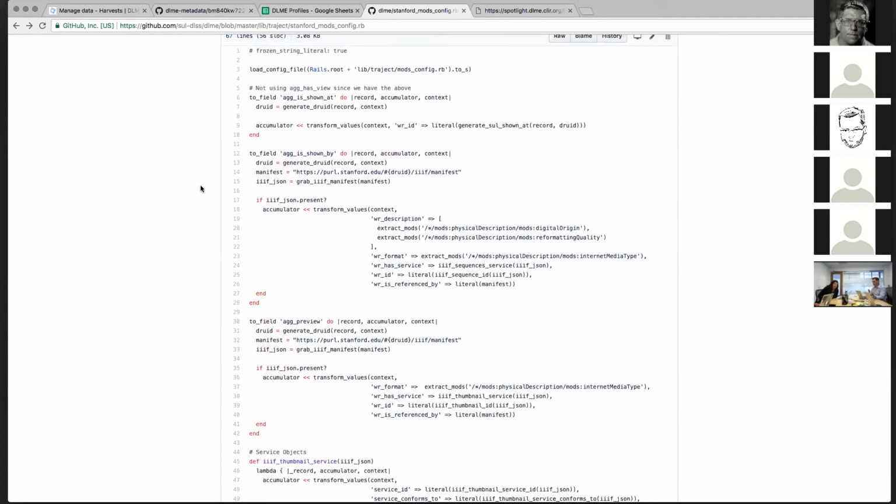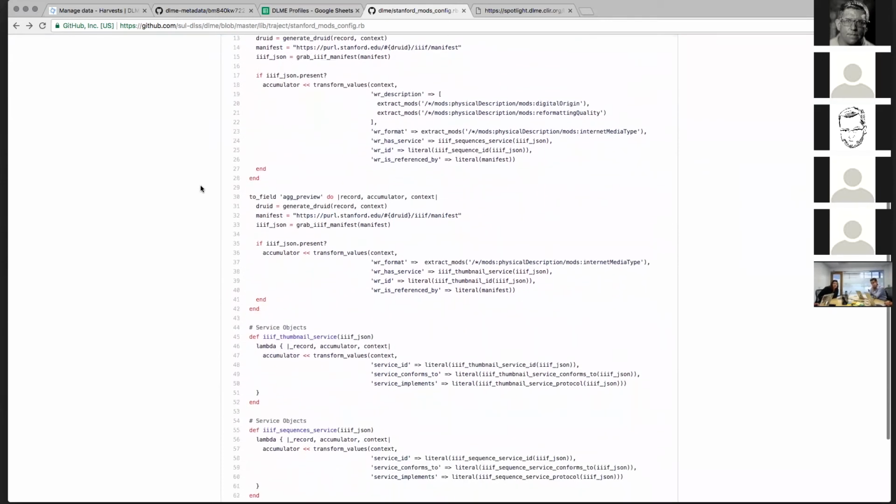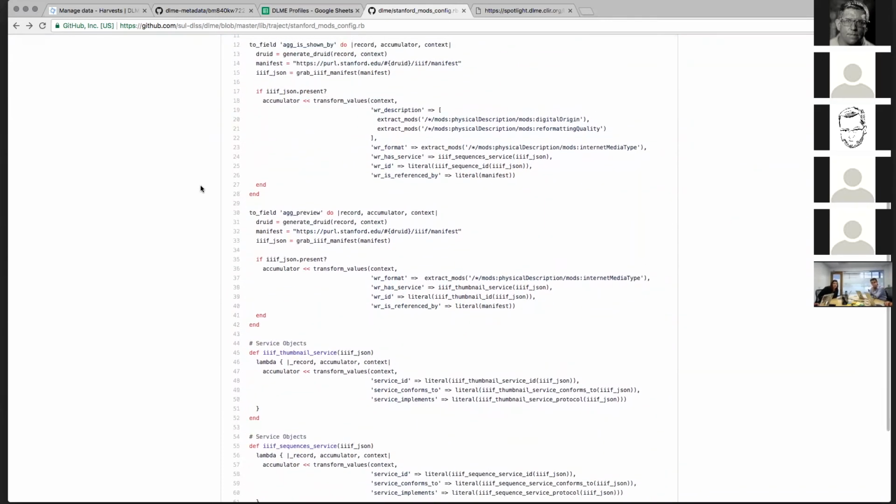We still have to have institution or provider specific logic. Here you can see the Stanford MODS config, which should extend that generic MODS with things that are specific to Stanford MODS that we receive. In particular, for the Stanford MODS, we have added a fair amount of lookups to get IIIF information based off of how Stanford publishes their metadata and their IIIF manifest.